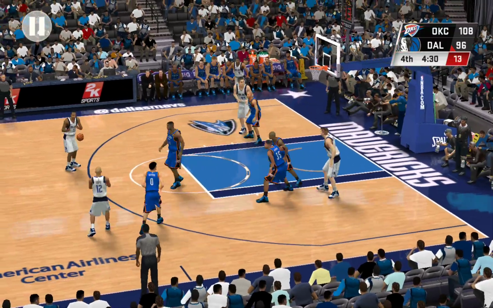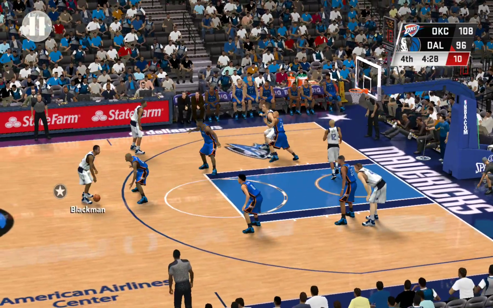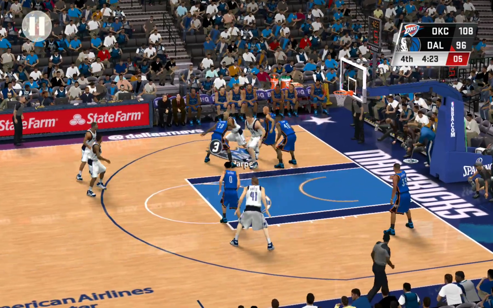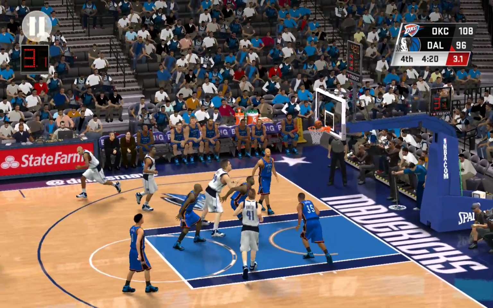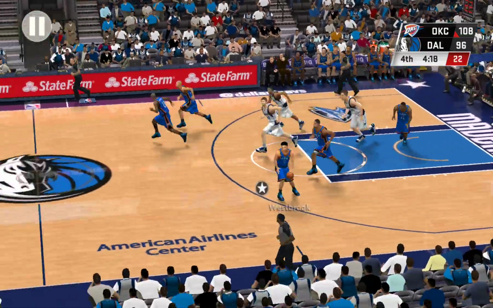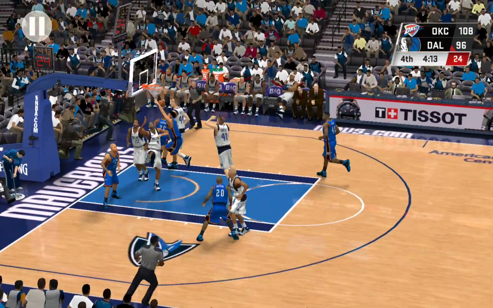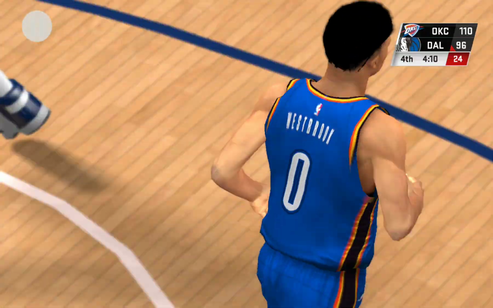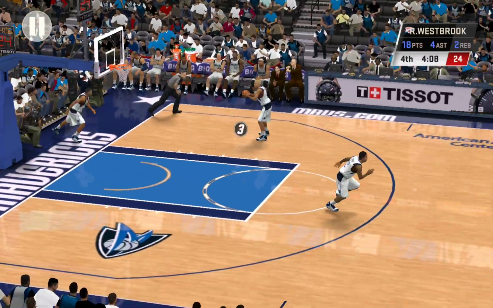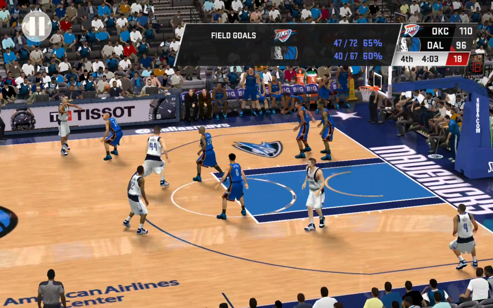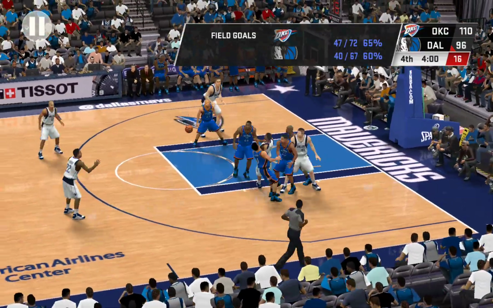Here's Harper. Blackman. And the rebound goes to the Thunder. When he's wide open like that, he'll rarely miss those. Finishes it off with a one-handed jam. Here's Harper. Finley.